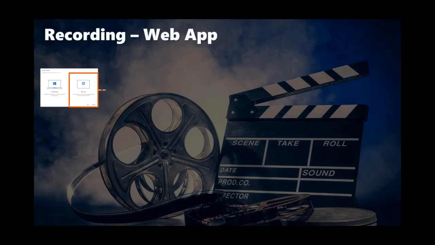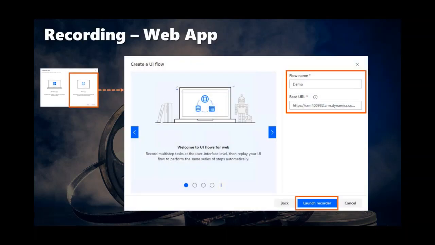Okay, so in our example, we started with the web, right? So I clicked the web thing, I installed it and went through all that stuff. Once it was installed, now I come back and say, okay, let me now start this UI flow. One other little gotcha note on this, by the way, when you install the add-ins for the first time, you